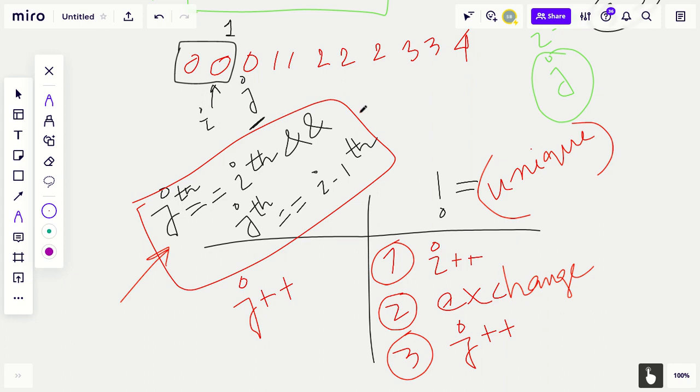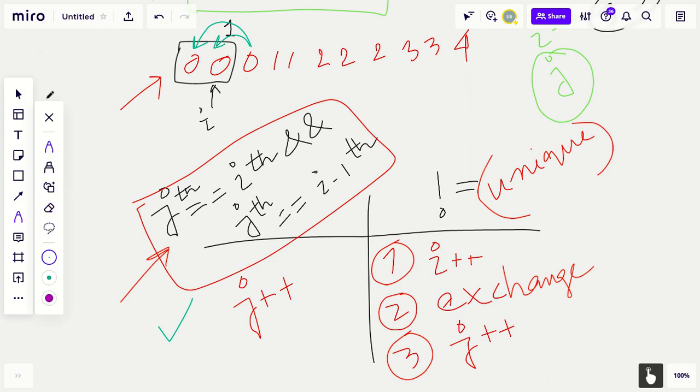Consider this case: when we compare the jth element with the ith and i minus 1th, it falls into this category, this condition is satisfied, so we simply increment j, no need to worry about anything else.